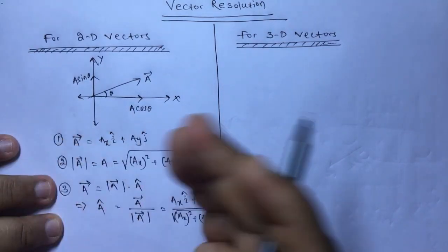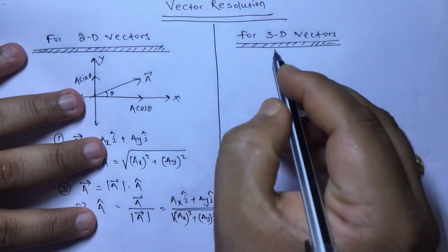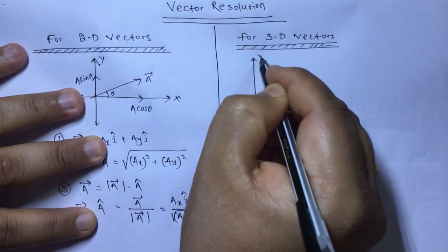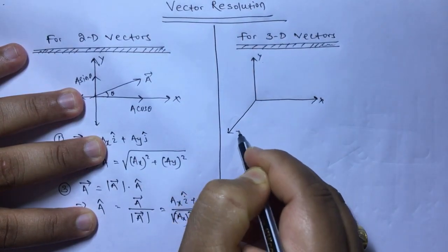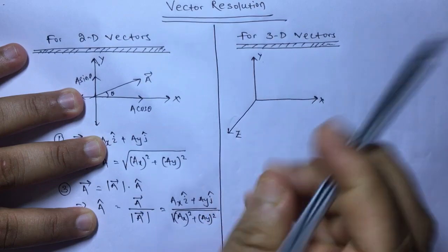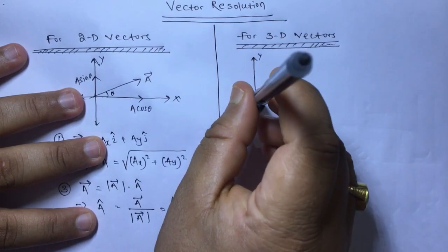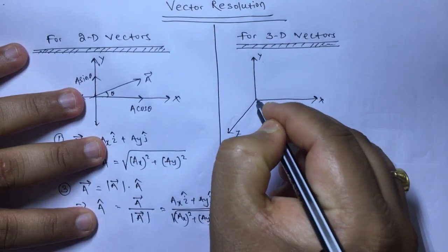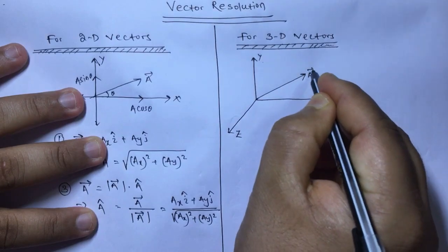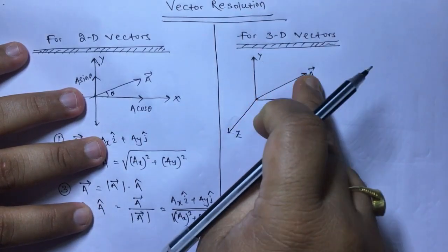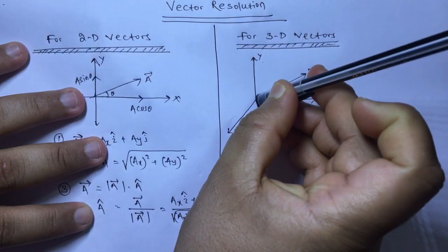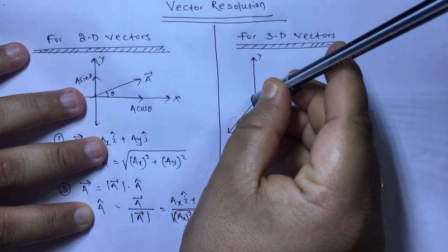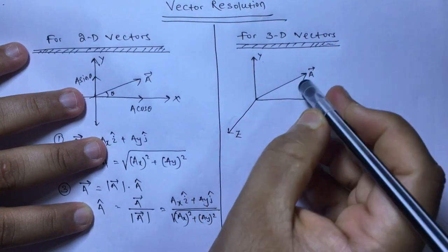Now we can extend the same thing to 3 dimensions also. If there are three axes, I have explained that all the axes are mutually perpendicular to each other. This z axis is not actually like this, it is like this, but we cannot draw it like this, that is why we are drawing it here. And if there is a vector A, this vector is not actually like this, it has some length, some width, and also some height. But again we cannot draw that, that is why I am just showing it like this.